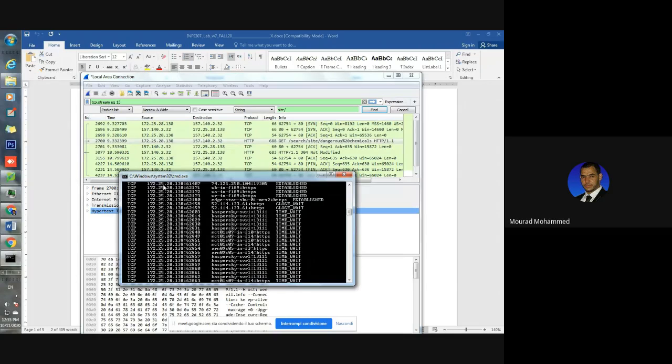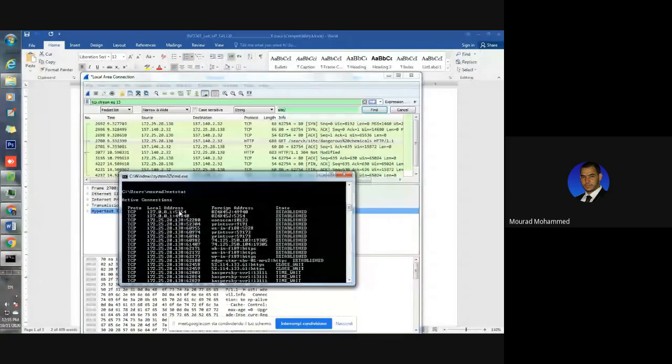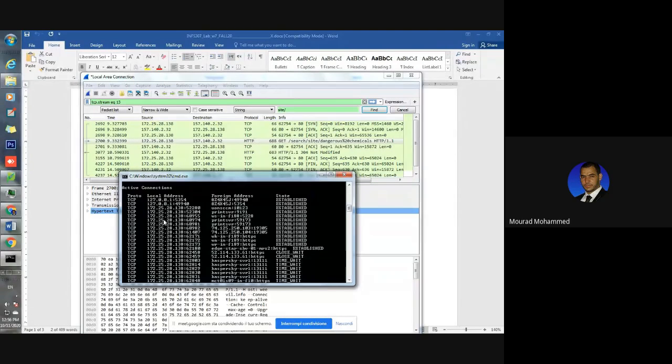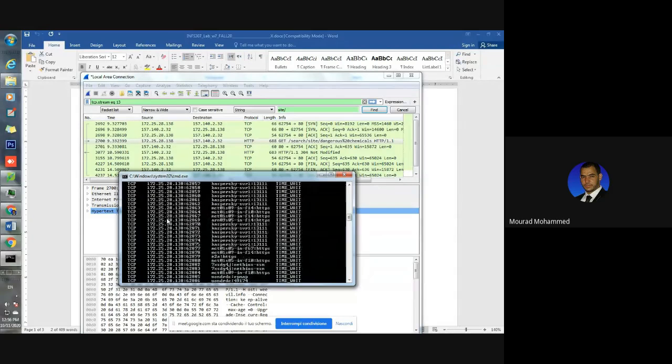172.25.28.138. All of them, they are on this list here. Actually, true, it is all of them. No, at the beginning we have two different ones. Okay, regardless, at least this is my IP address actually. This is actually my IP address because